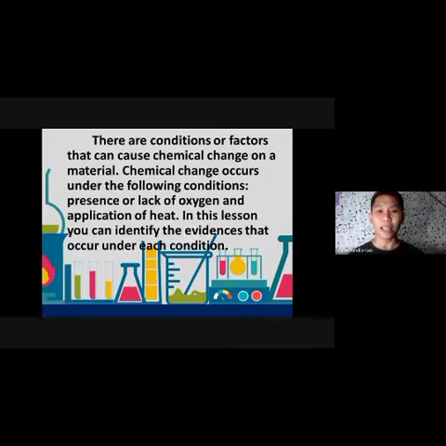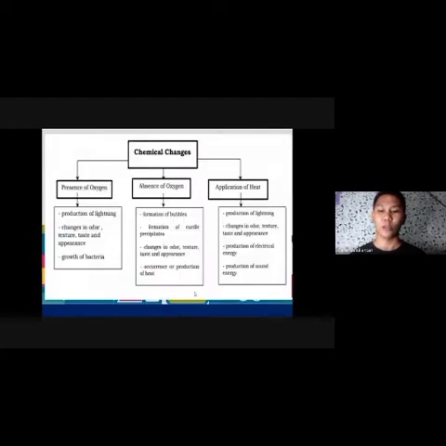And in this lesson, chemical change occurs under the following conditions. Number one, presence or lack of oxygen, and application of heat. So in this lesson, you can identify the evidences that occur under each condition. Later on, we will give some examples in these conditions wherein these are the evidences of the chemical change. But before we proceed with this discussion, what is the definition